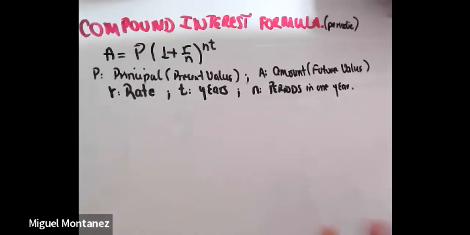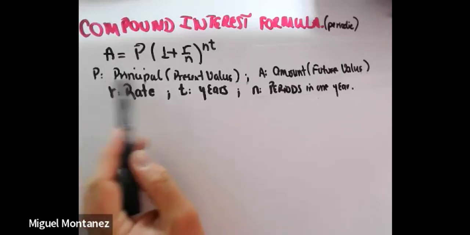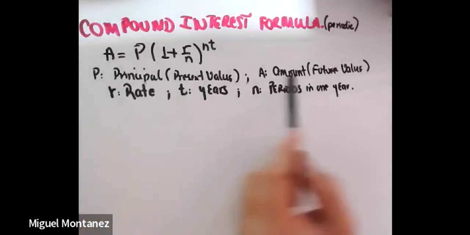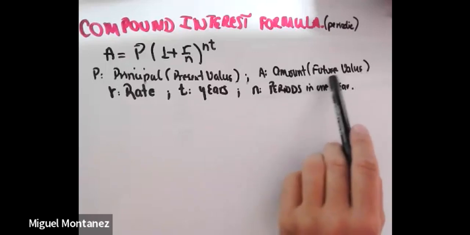Students, it's a small, short video to show some examples of the compound interest formula. Of course, the formula is A equals P times (1 plus r over n) raised to the nT. As we discussed, P is the principal or the present value, A is the amount in the account or the